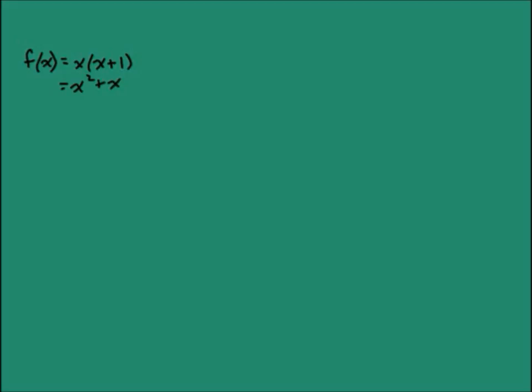And we know that we can take the derivative of that, 2x plus 1. If we let u of x equal the x and v of x equal the x plus 1, then we can take the derivative of u, which is 1, the derivative of v, which is also 1,